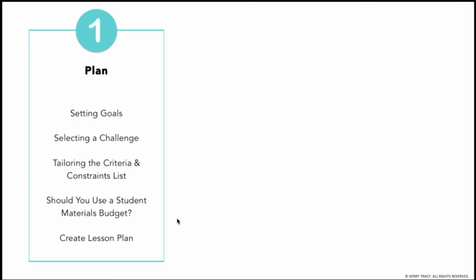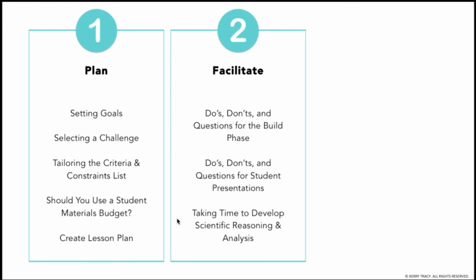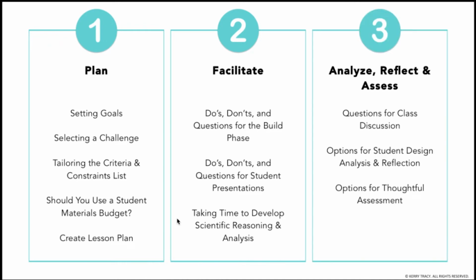And what's inside this course is really breaking it down into more steps and more resources that help you feel very confident in what you need to do to plan. I think the facilitation is key because I give you lists of questions to ask during the build phase, during the Q&A where they are presenting, and during the class discussion as well, so that you can make sure you're asking the kinds of things that help them develop that scientific reasoning and analysis and really getting everything you can